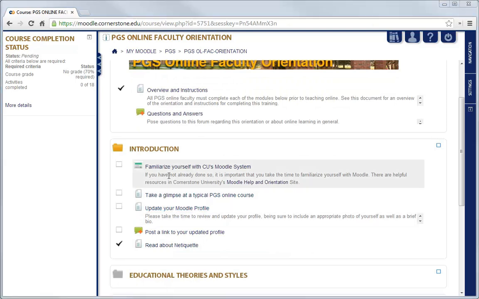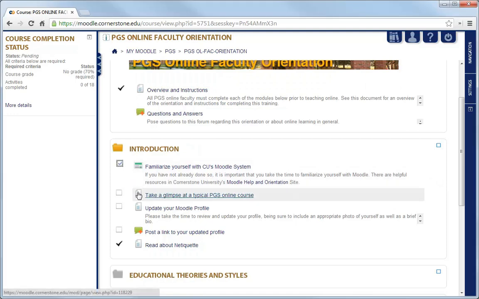online. You'll notice that on the left there are a number of check marks or empty boxes. As you complete activities, please be sure to indicate your completion by checking off the items. Some items will check off automatically upon viewing it or submitting what you're required to do. This will ultimately get tracked in the course completion status block on the left, so you can monitor how you're doing, and I can do so as well as we interact together as you complete the activities.